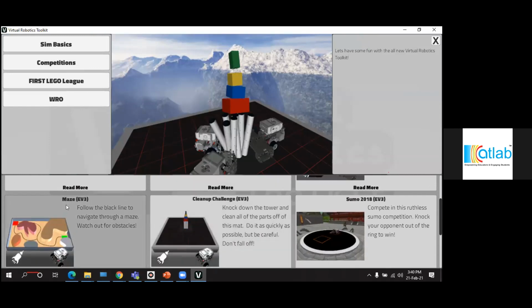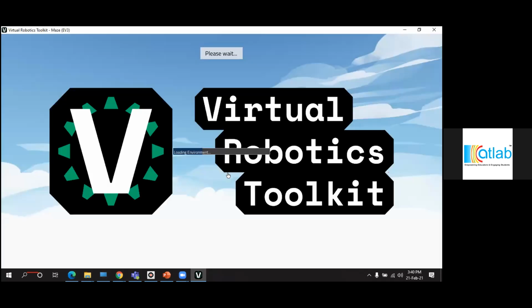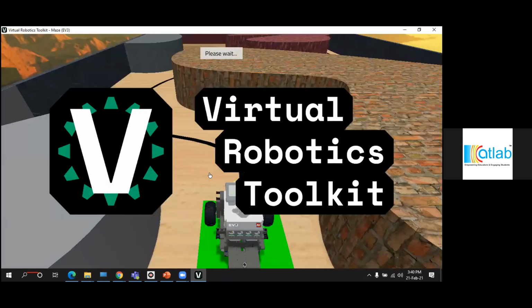It's called maze over here. Click that and then click OK. It says yes or no. If you click no, you will be given a fresh environment. If you click yes, you will be given the last used environment. I'm going to click no so that I get a fresh environment.